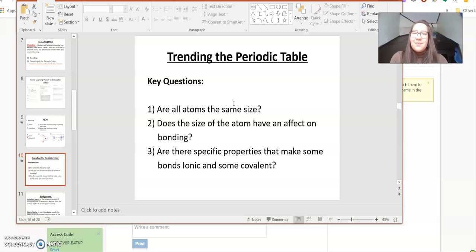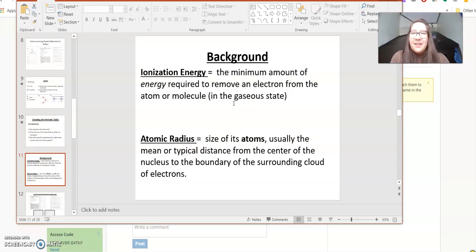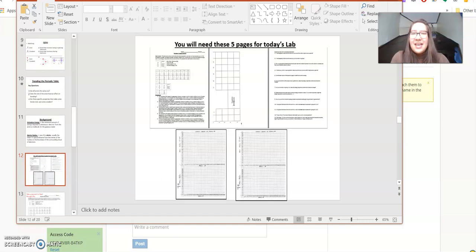Are all atoms the same size? Does the size of an atom affect its bonding? And what makes bonds ionic or covalent? So, you'll have some space to fill in this background, ionization energy, atomic radius, and then we'll move into the